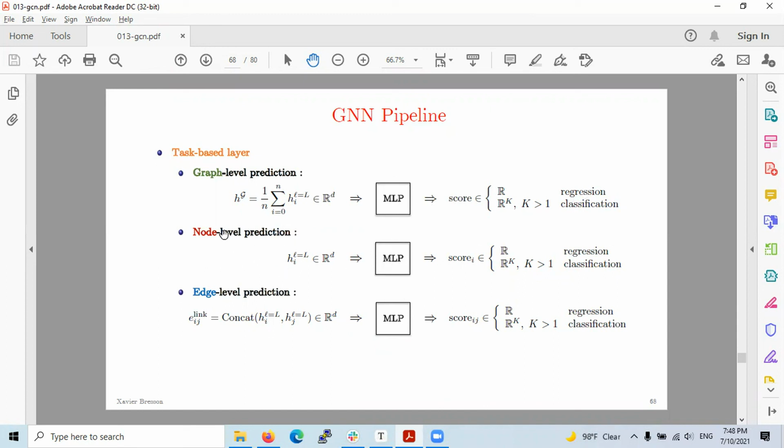And then you have node-level prediction as well. Based on a score, you can do a regression or a classification, and edge-level prediction as well. Again, based on the score, you can do a regression and classification. Yeah. So here, if you see, there is a regression and classification for the edges. Yes, there is. Actually, there is, but it's not part of the benchmarking. Maybe someone else would come up with regression-based benchmarking for edges and nodes also. Could be. Okay.